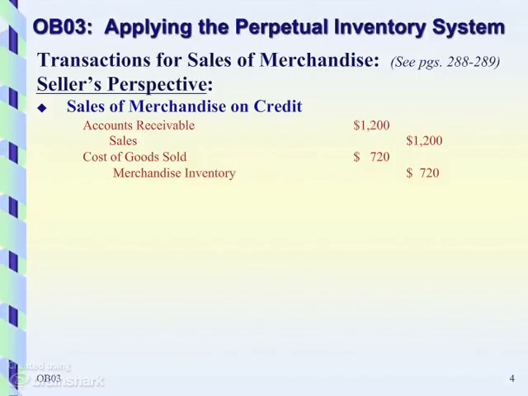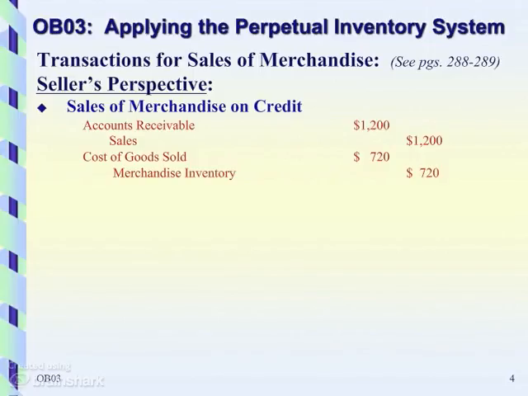So we record the two transactions as follows. We're going to debit our accounts receivable, and we're going to credit our sales. Then we're also going to debit our cost of goods sold to reflect the transfer of the merchandise inventory out of the merchandise inventory account from the balance sheet into essentially an expense item on the income statement. This applies the matching principle we've previously talked about, the matching of expenses with revenues. Now you can also see our merchandise inventory account is credited to show the reduction of that merchandise